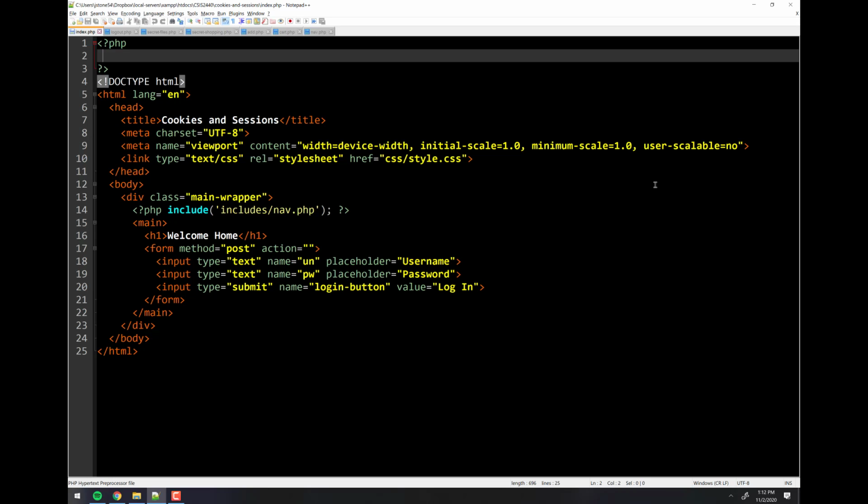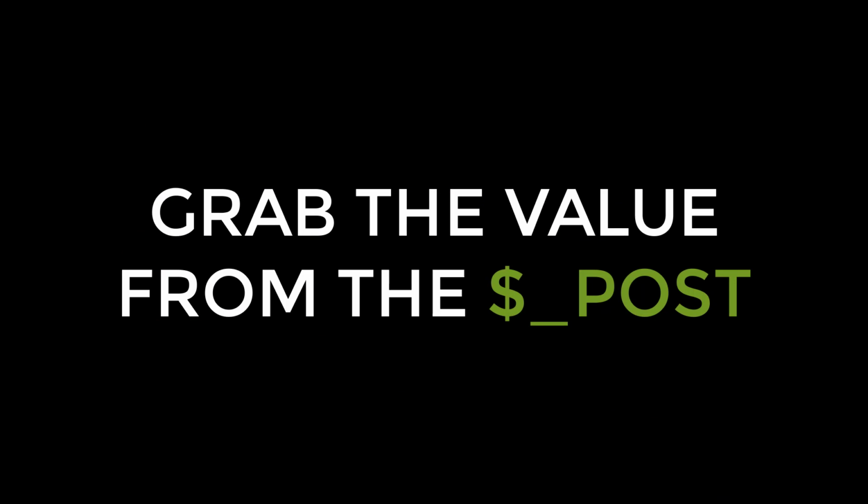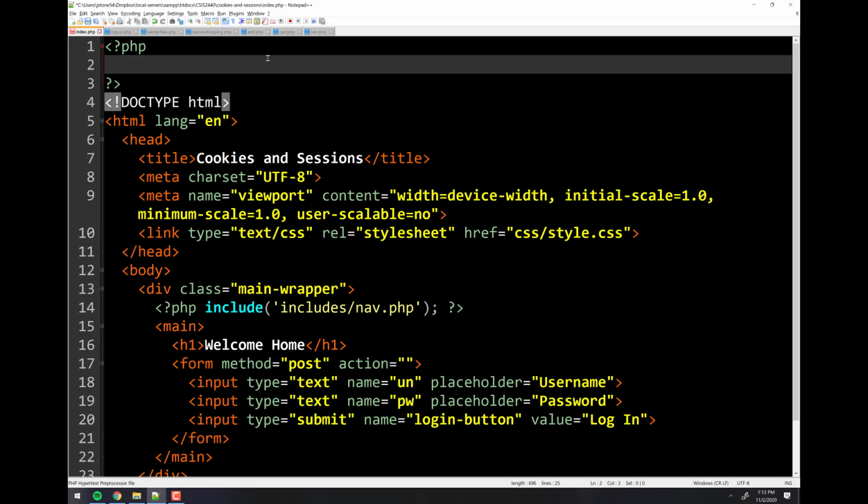Okay, so what do we want to do here? We want to grab the username and password out of the post, right? We want to make sure it's set, and then we want to compare it to the allowed password. So how do we do that? So you're right, we do need to do that. We need to create a variable, or we can just grab the post, but there's one thing we want to